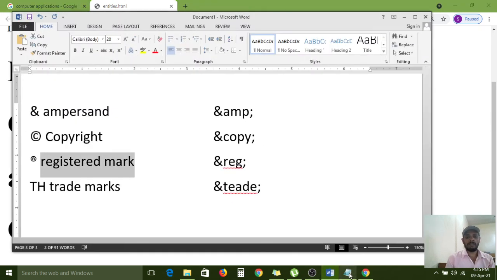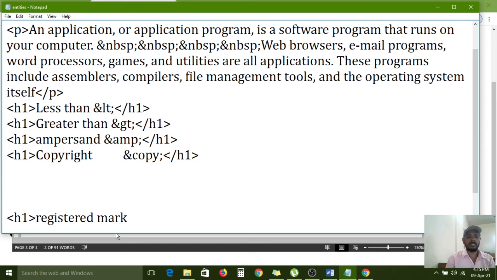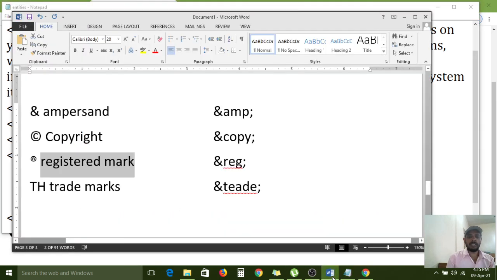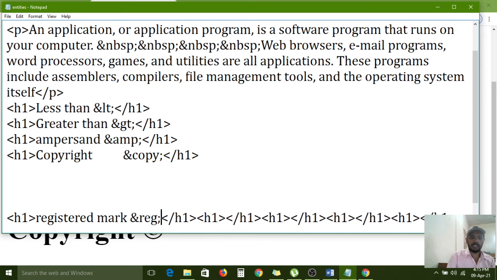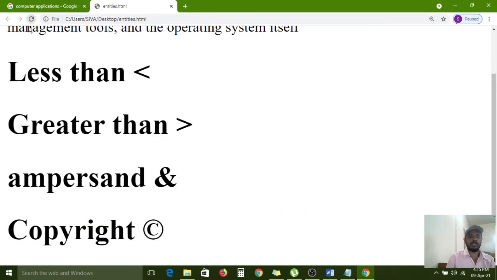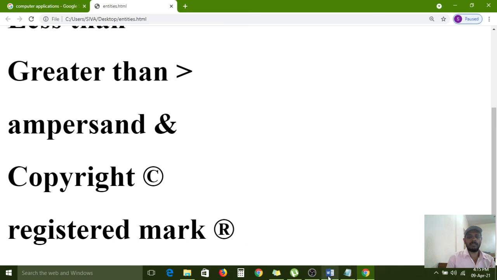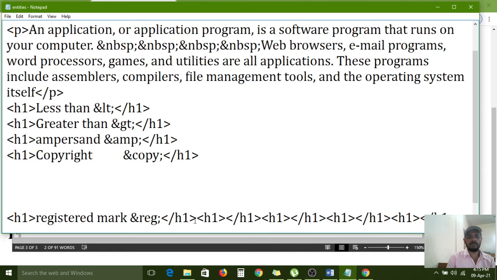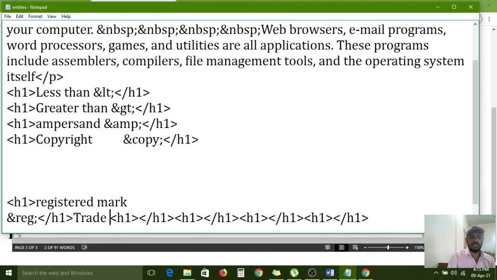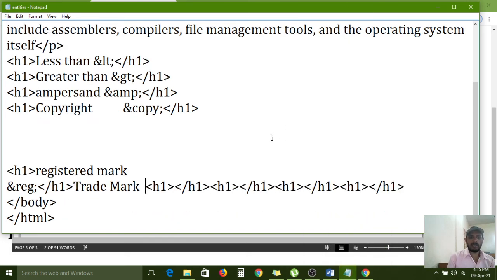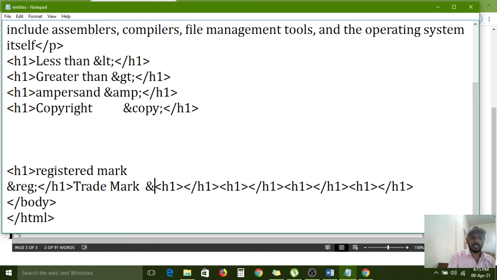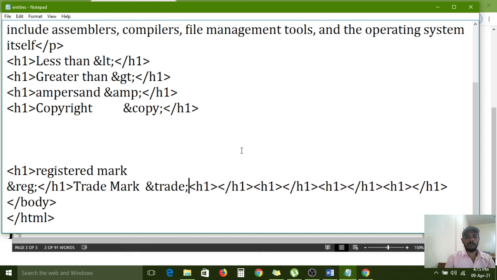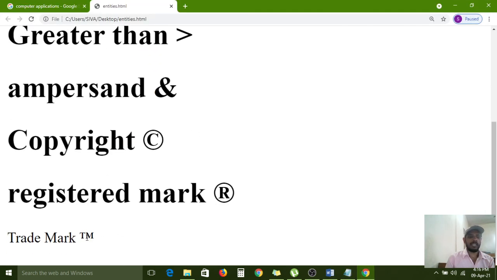So these all are character entities. The registered mark is also the same, with ampersand REG semicolon. Refresh this one, and the registered mark has come. Next, the trademark symbol: ampersand TRADE semicolon. Save, and refreshing this page again, the TM symbol also came.